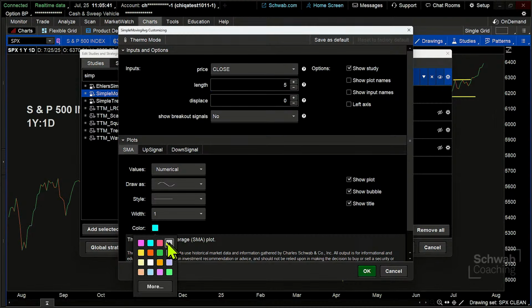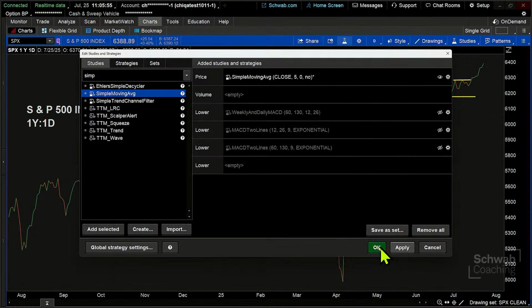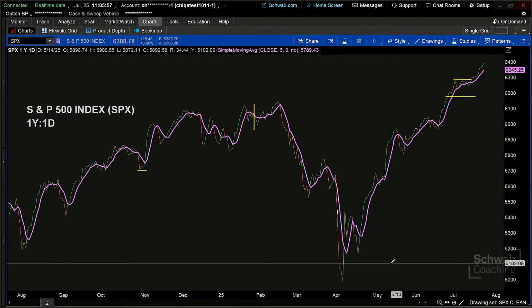I'm just going to choose a color so that I can keep track of it. I'm going to use this purple color right here as that 5-day simple moving average. I'm going to make it a little bit larger in size so that I can see that simple moving average. Click on apply and OK. And this can give us some insight. So I'm building to the technical indicator that we're going to be looking at in this particular case.